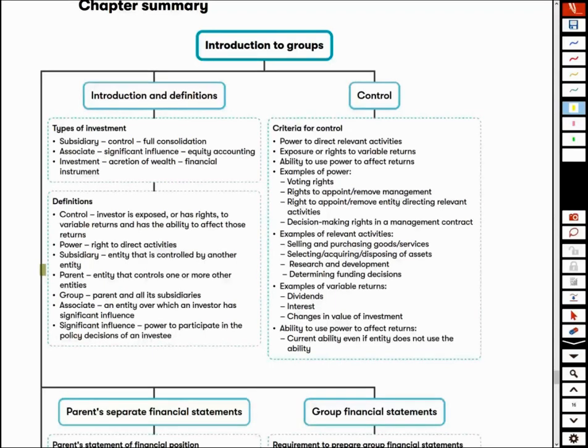So let's have a look at our summary then for our introduction to groups. The main thing is to remember this is a really important chapter that you understand to get the basic idea of what our consolidations are all about. So make sure you're happy with, at this level, the very basic difference between a subsidiary, associate and an investment, but don't worry about them too much because we will look into these in a lot more detail in future